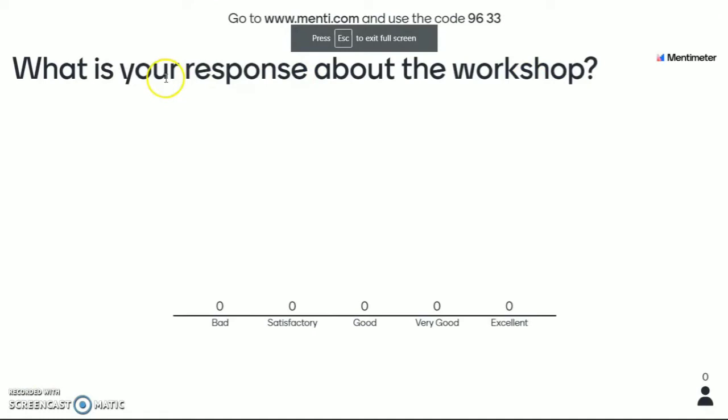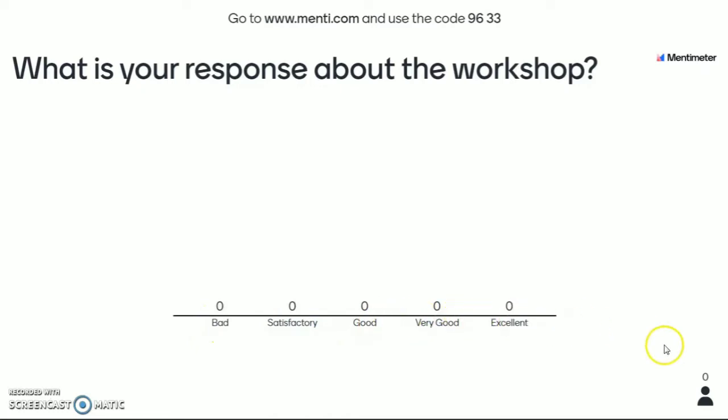Here we can see the question on the www.mentimeter.com site, but students can answer the question on the www.menti.com website by using this code 9633. This is the code. So what is your response about the workshop? Five options are given here: bad, satisfactory, good, very good, excellent.